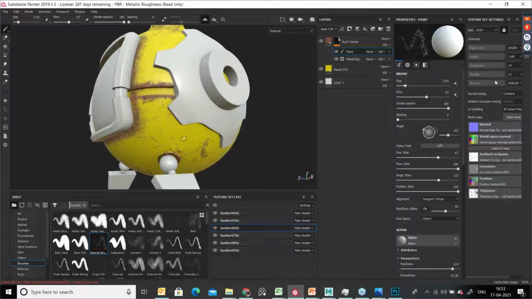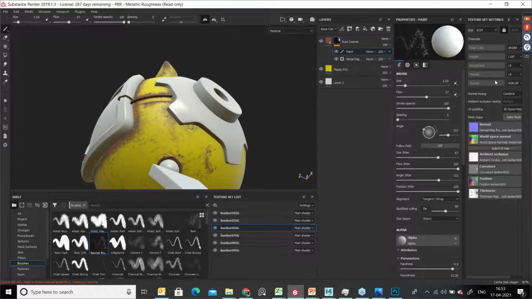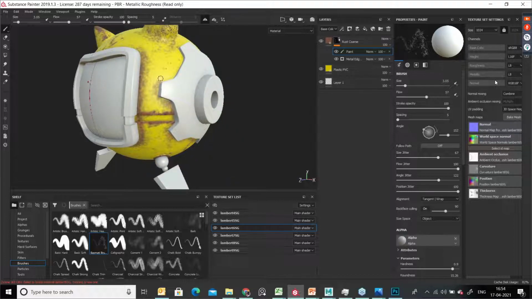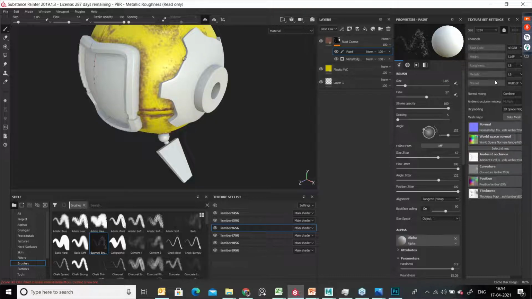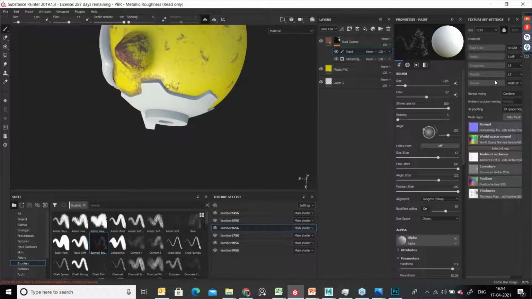Okay, nice. Similarly, you can go here and try to apply the stroke over here. And try to apply this area. See, wherever the joint comes, those joint areas should be corroded.